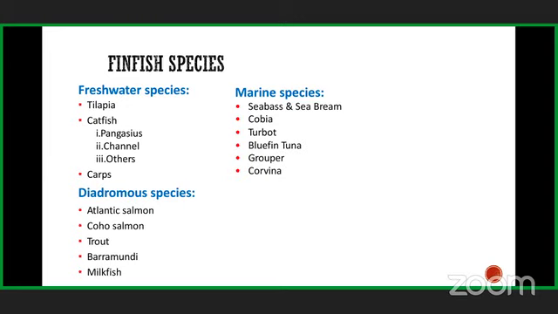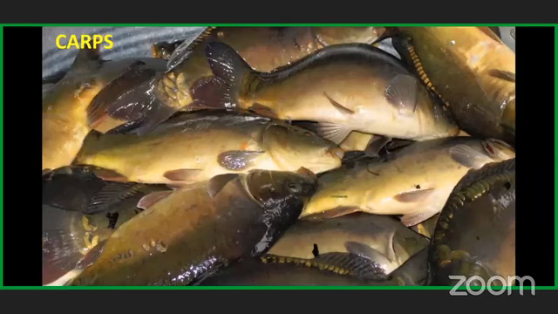Then there are some diadromous species, those species which can live in both freshwater and marine water. Majorly Atlantic salmon contributes almost more than 50-60% of revenue generation by a single species, with very high demand. The second species is trout, which is one of the most popular species in American countries, or some European countries with a colder environment. So let's have a look at values at a global level.